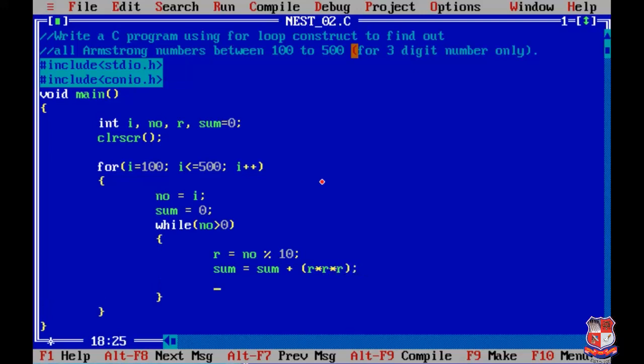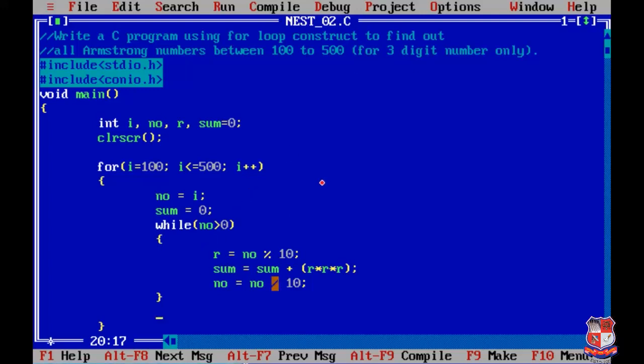For the next iteration we have to write number equals number divided by 10. That's it.